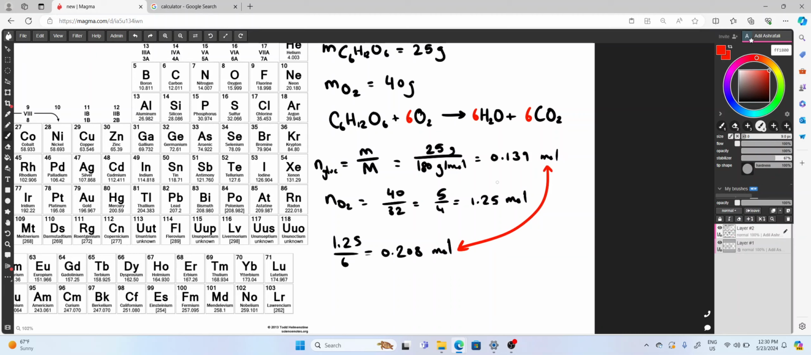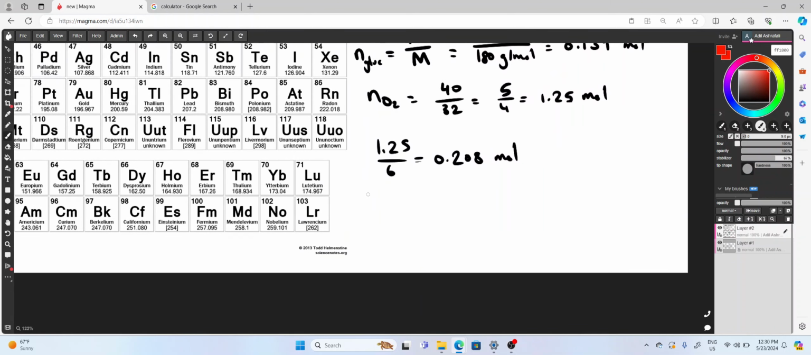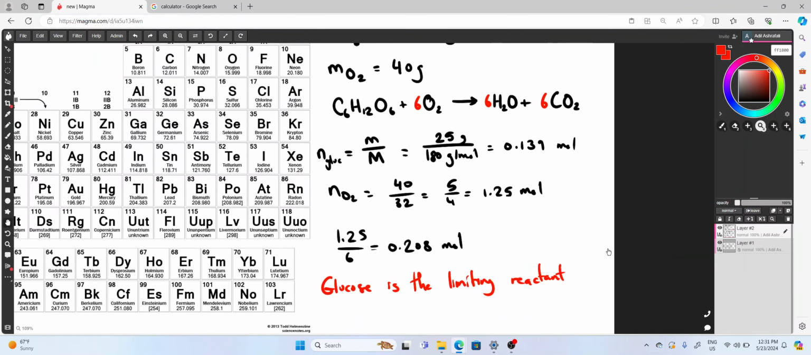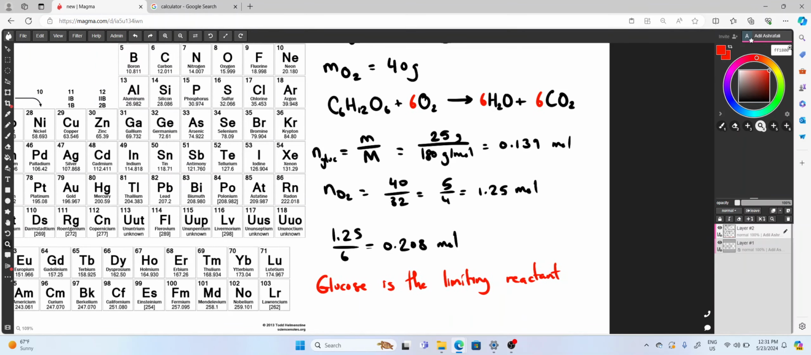So the smaller number between these two is the number that is the limiting reactant. And in this case, that's glucose. So glucose is the limiting reactant. And now, if we want to know how much excess there is, if we want to find out how much more of this there is than